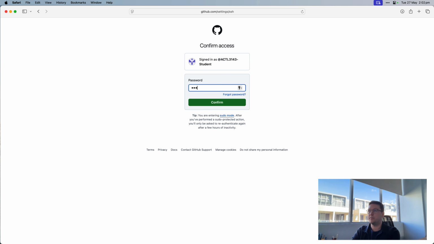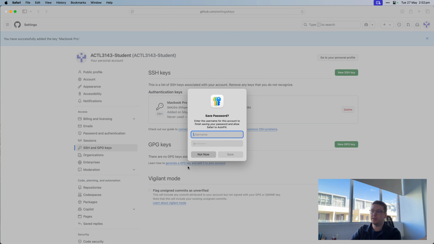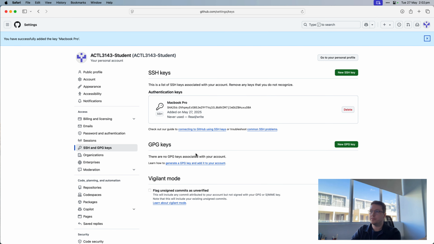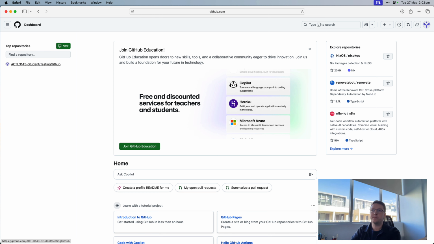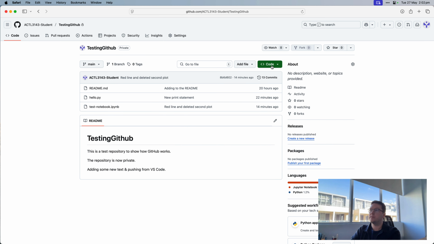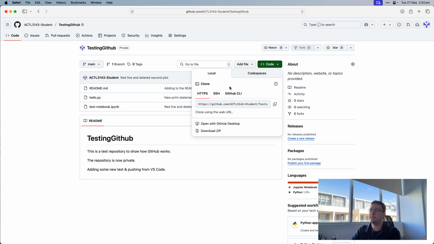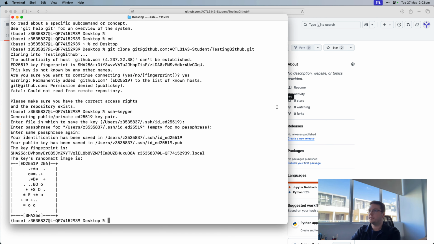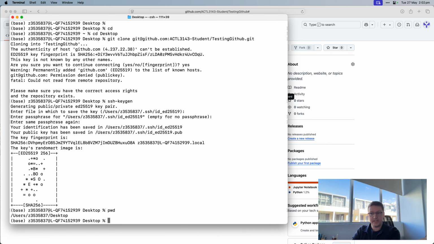Okay, now it will ask me to put my password in again just to be doubly safe. Okay, now we should be able to run the command we did before. So going back to the repository, if we click the code button, SSH, and then the copy command, this is what we want to clone. In the terminal, if I'm still in the desktop area,